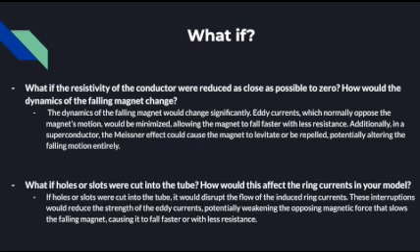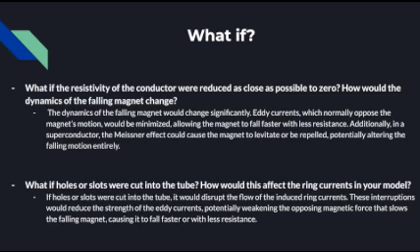Now this is the what if question. What if the resistivity of the conductor were reduced to as close as possible to zero? How would the dynamics of the falling magnet change? The dynamics of the falling magnet would change significantly. The eddy currents, which normally oppose the magnetic motion, will be minimized, allowing the magnet to fall faster with less resistance. Additionally, in a superconductor, the Meissner effect could cause a magnet to levitate or be repelled, potentially altering